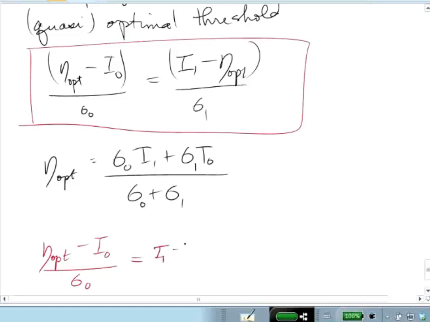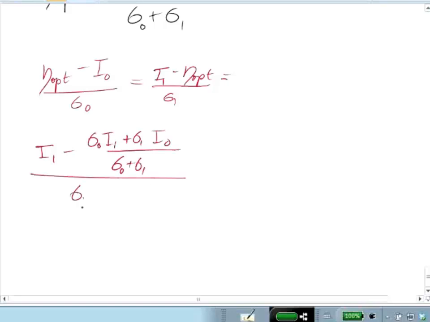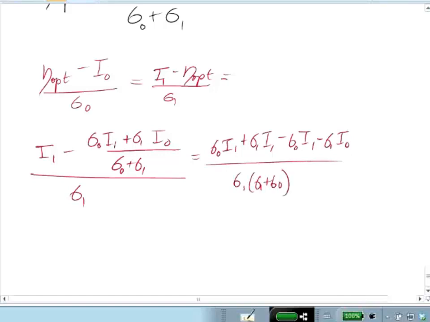So we'll do I1 minus eta optimal over sigma 1, and that's I1 minus sigma 0 I1 plus sigma 1 I0 over sigma 0 plus sigma 1, all divided by sigma 1, which is the same as sigma 0 I1 plus sigma 1 I1 minus sigma 0 I1 minus sigma 1 I0, all divided by sigma 1 plus sigma 0. And of course I have these terms that cancel,